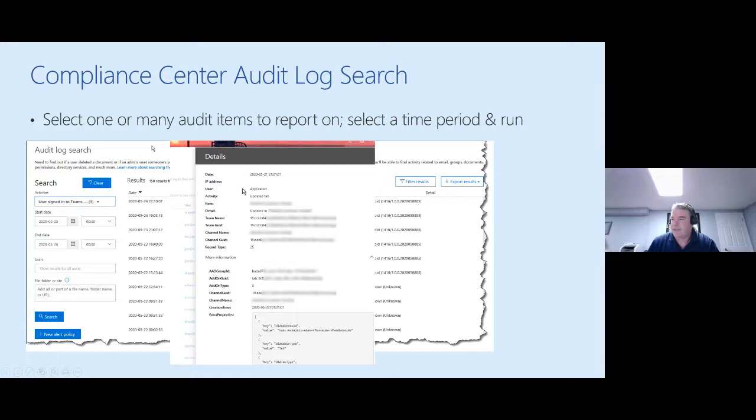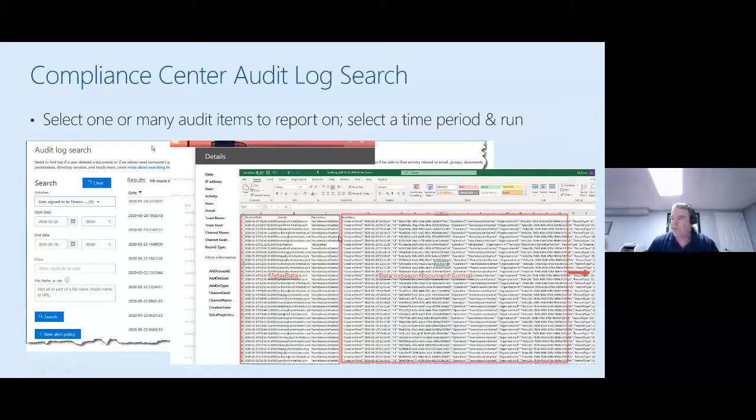So I can look at this particular item, and you basically get a header with a JSON document associated to it. And this is where we get into a very, very, very granular level of information. And again, everything about that transaction is literally logged within here. So if I were to export that, this is what it looks like. Compare this to the CSV file that I got out of the Audit and Compliance Center, which I said was very telemetry based. This is kind of the all-you-can-eat piece, right?